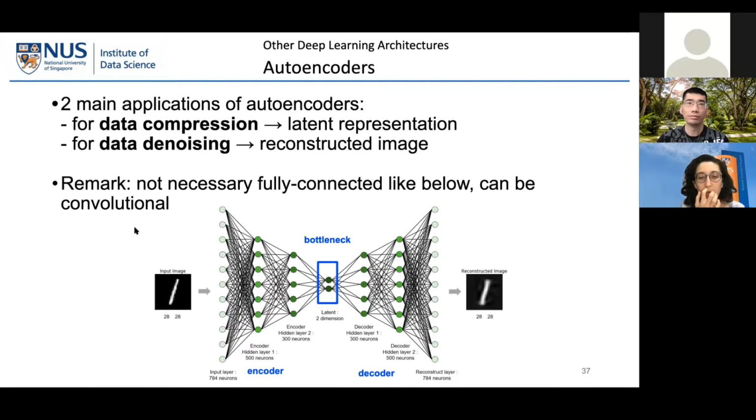So the idea of an autoencoder is to have this kind of shape of neural network, a neural network where you have an encoder. So you want the number of parameters, or the number of neurons, to decrease in order to reduce the input image to a latent representation. And once you reach a bottleneck, then you can use a decoder to